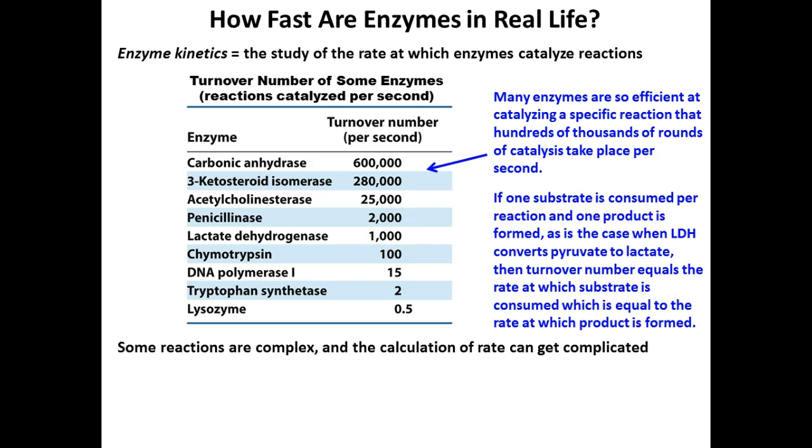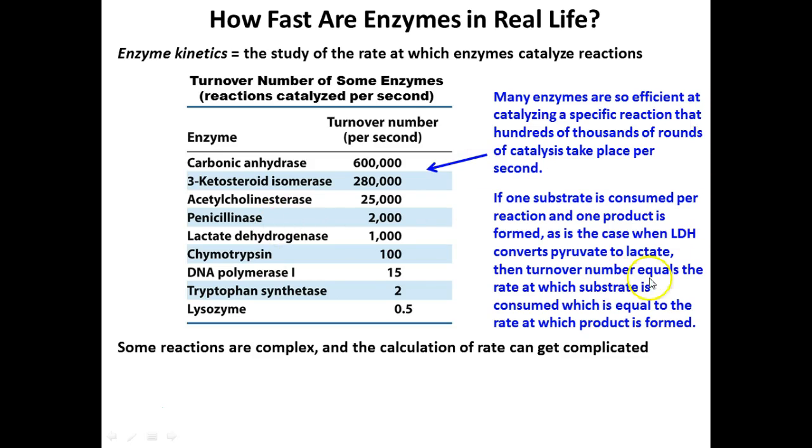If one substrate is consumed per reaction, one product is formed, right? So you take something and you produce something. In that case, LDH, which is a particular enzyme, converts pyruvate to lactate. This happens for us under anaerobic conditions, right? When we don't have enough oxygen, we do fermentation. We produce lactic acid, and that's why that can be a problem, because acids can be a problem for our